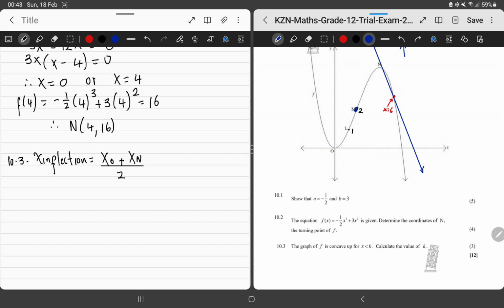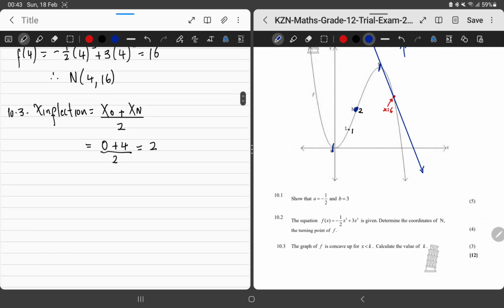Because I know that the point of inflection should lie between the turning points. That's where the graph will change concavity. So this x at O, that's 0, plus 4,